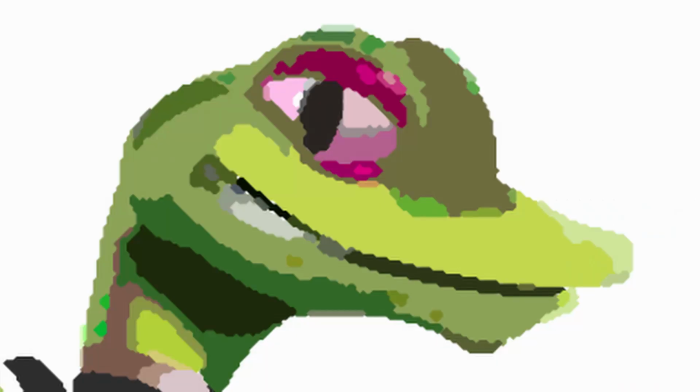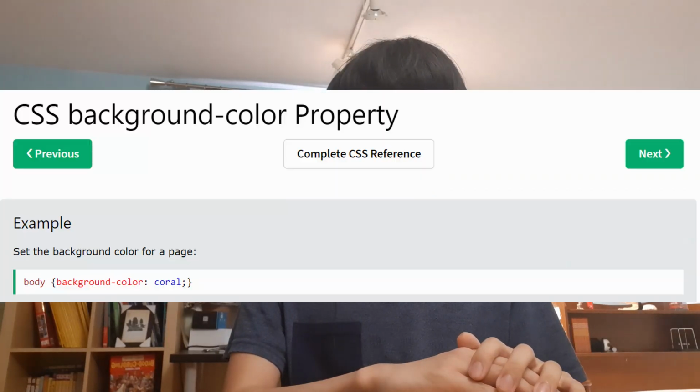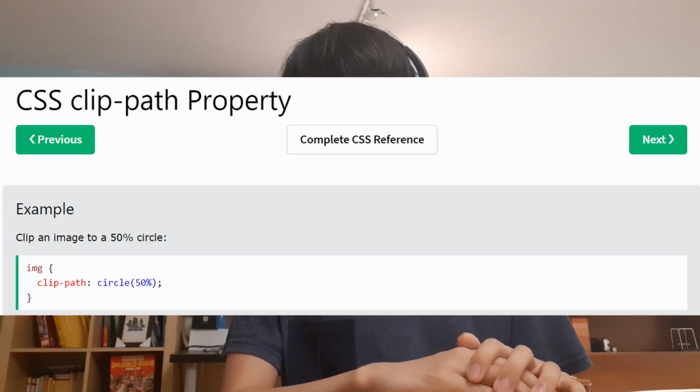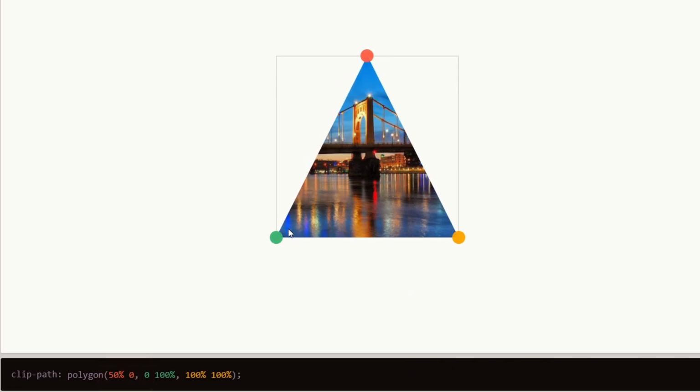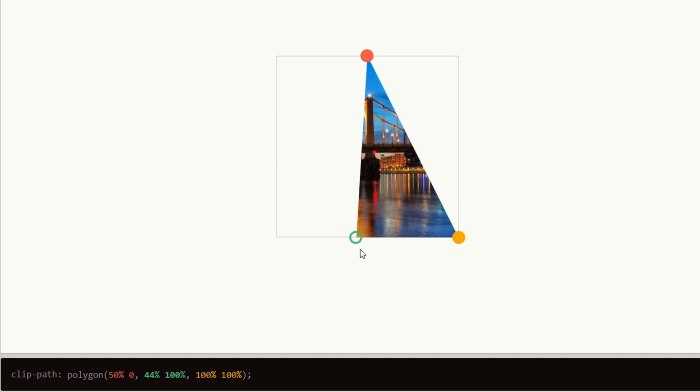Every single one of these shapes can be made into an HTML element in which the color is set by the CSS background color property, and the exact shape is set by the clip path property, in which we can clip the HTML element into the shape of a polygon, given the coordinates that we have just gotten from our edge detection. Now, all of this may have been a bit difficult to follow, but the main takeaway here is